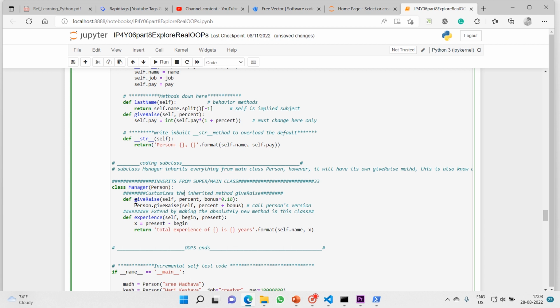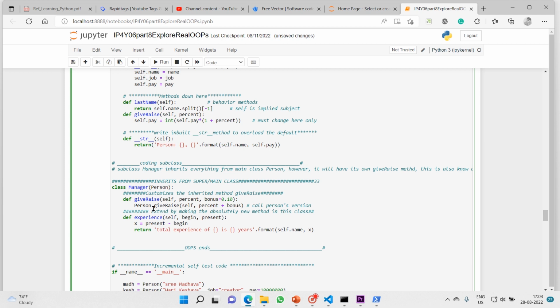And then the second one, give rise, uses a bonus and one additional parameter. This type of specific implementation of a method in this subclass is called customization of the inherited method, that is give rise.